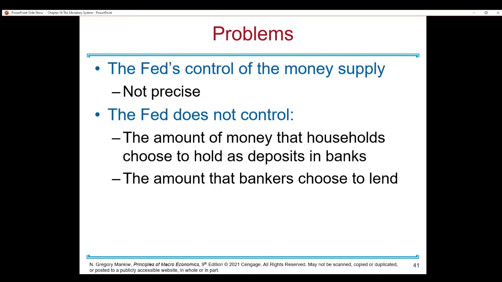But households don't have to do that. In fact, sometimes households may take out their money from a bank. One issue that can occur is called a bank run or a run on the banks. This is a famous and relatively common event that occurs when consumers lose confidence in the banking system and run to the banks to withdraw their money. This happens usually in the wake of a recession.